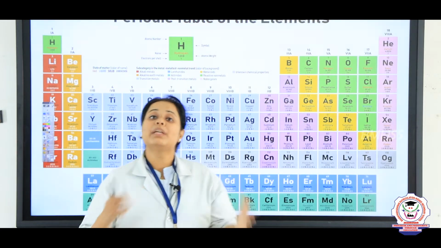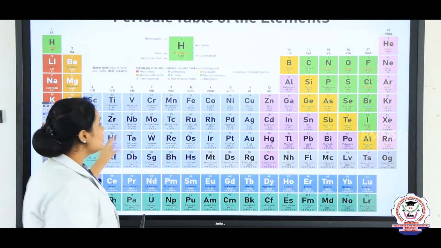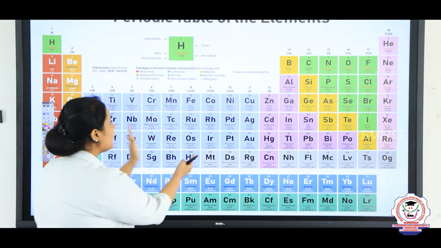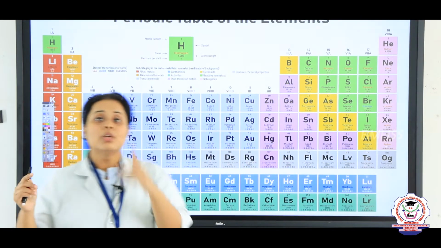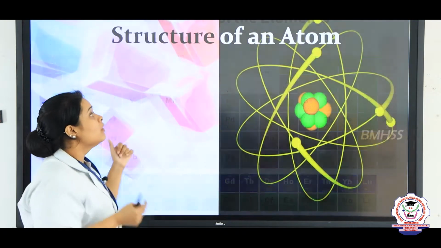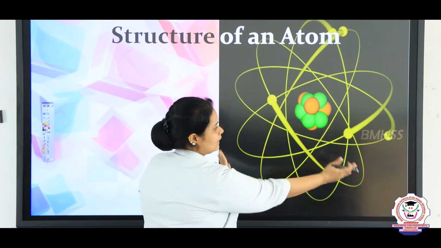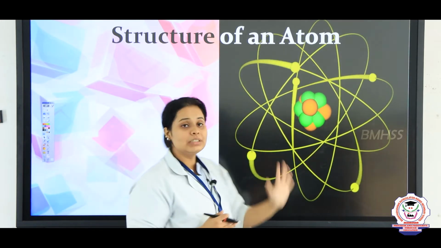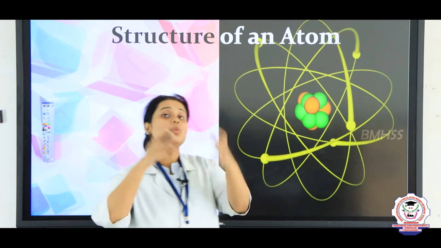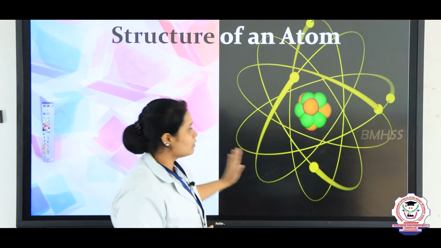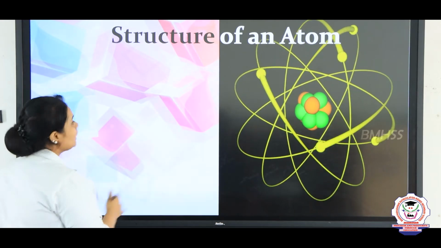So students, in previous videos we have discussed how the periodic table came and what the small elements present are, and inside each element there will be hundreds and hundreds of atoms. So today let's see how the structure of an atom originated. If you look at this picture, it denotes the structure of an atom. Here you can see something in between with two colors. Then outside there are yellow balls which are just rotating outside, right? So let us discuss what these substances are.